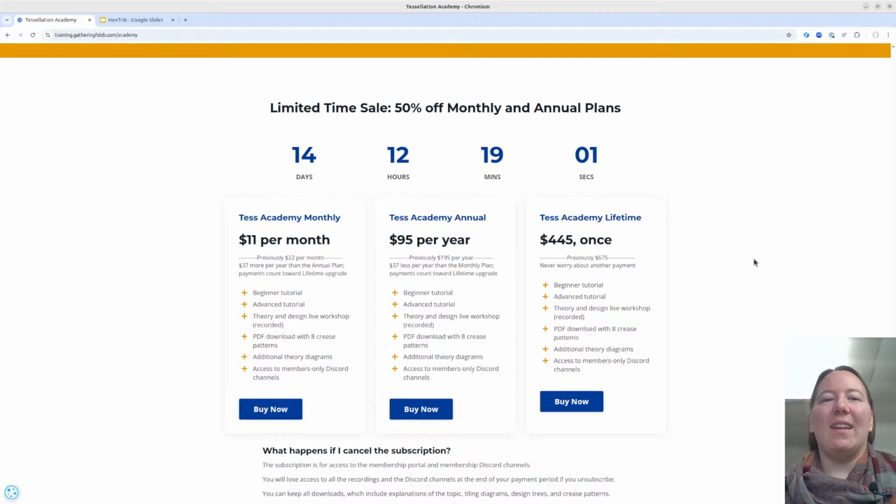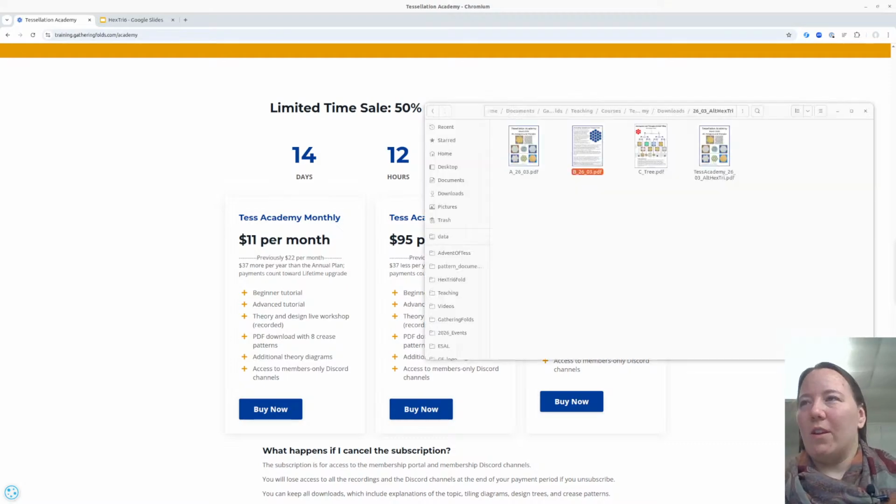It's been really exciting to see everyone posting patterns that they've learned in Tessellation Academy. And this is one of the things I would recommend next after Advent of Tess. Like if you get through Advent of Tess, particularly if you made it through this last year, then you're ready for Tessellation Academy. And there's so much to explore inside of Tessellation Academy, and I'm just going to go through